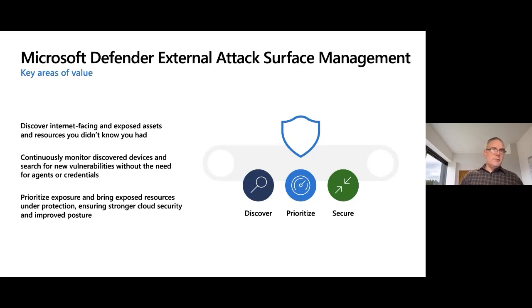We will discover your internet-facing attack surface, find assets and resources you didn't know you had. Now, this is rough. This is not an extremely technical number, but on average, most of the organizations that we've worked with in the past, even prior to us being acquired by Microsoft, most of our customers found about 20% more than they thought that they had. Initially, they usually started off with a pretty good list of, here's all the things that we know that we have. Here are our ASNs, and here are our known domains. Here are the net blocks that are delegated to us, or we're leasing, or